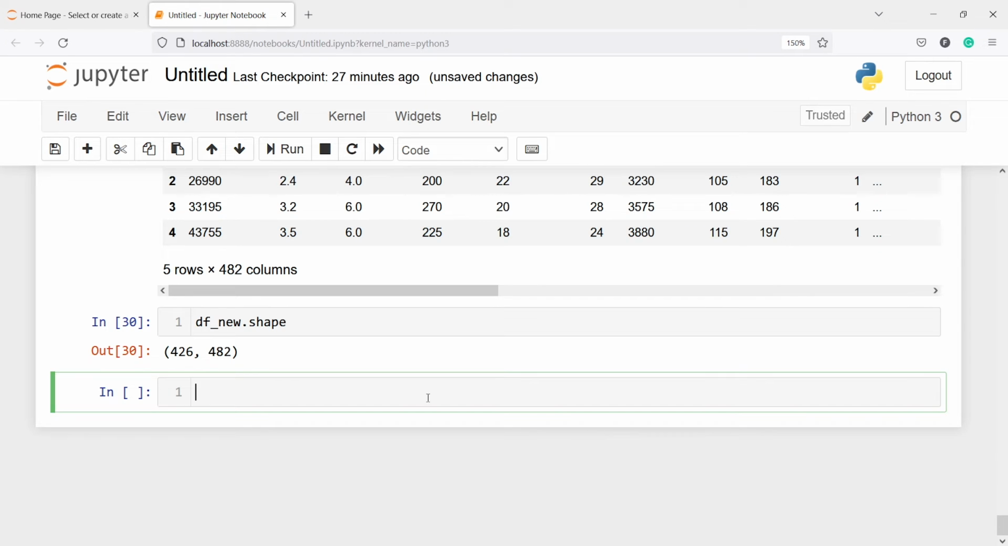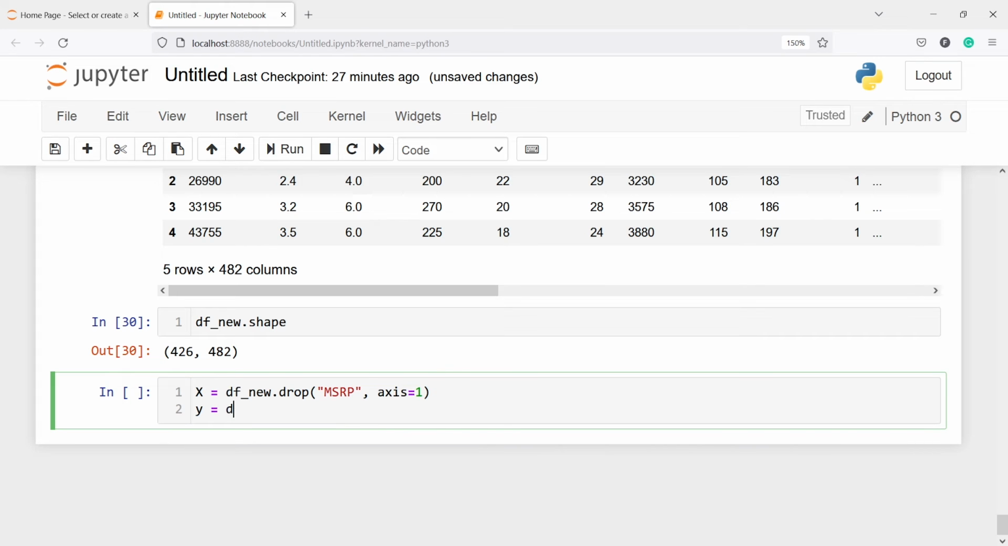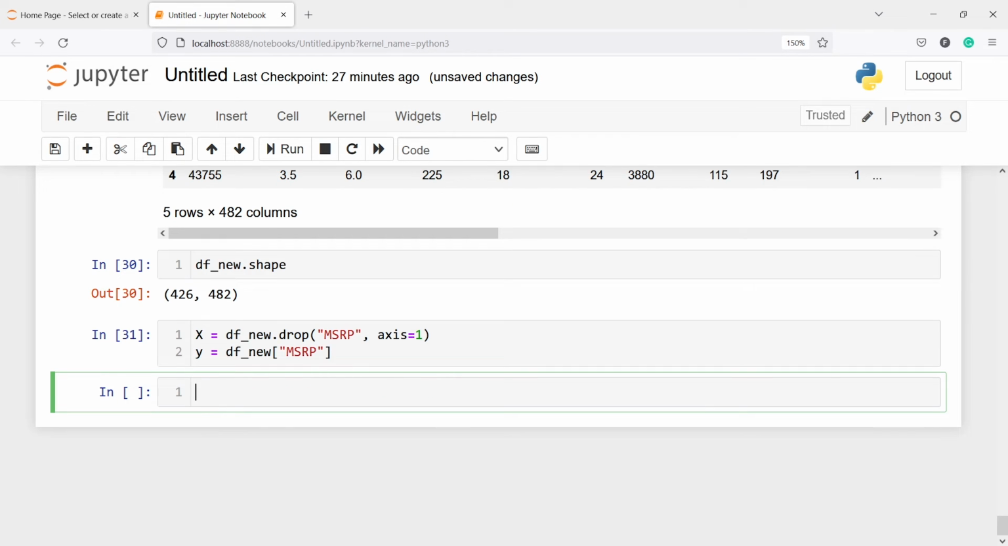So x will have our independent variable and y will have our target variable. I will write here x equals df_new.drop. In x we will drop the column msrp, which is our target variable, and we will select all the other columns. The axis is going to be 1, and in y we will have df_new just one column, which is msrp, and let us execute our